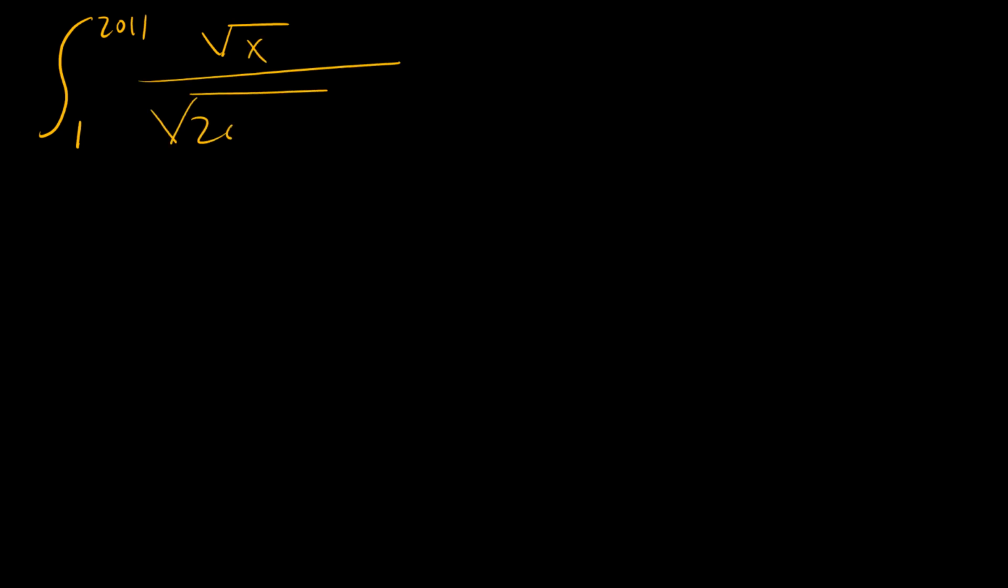So problem 9, which is the definite integral from x equals 1 to x equals 2011 of the square root of x over the square root of 2012 minus x plus the square root of x dx. So I'm not going to use substitution here. I'm just going to use what we call SADs and then try to